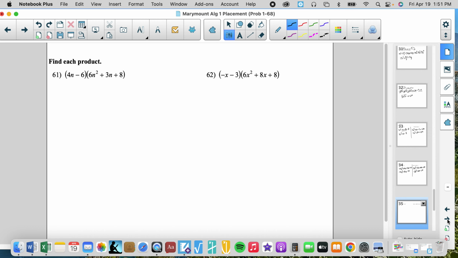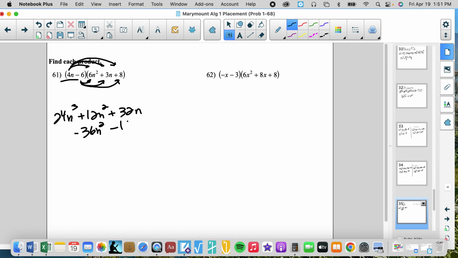So we can't do first, outer, inner, last. We just have to do double distribution of each of these from the first binomial. So 24n cubed plus 12n squared plus 32n. And watch this. Minus 36n squared minus 18n minus 48. You see how I did that? That's pretty good. 24n cubed minus 24n squared plus